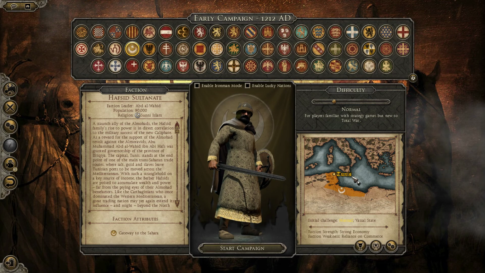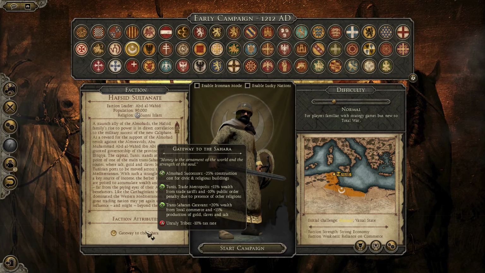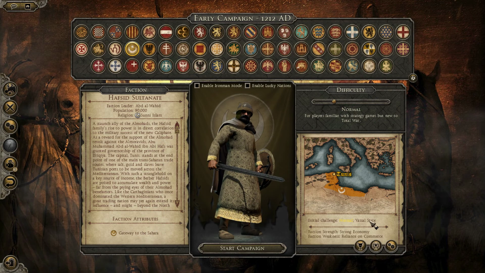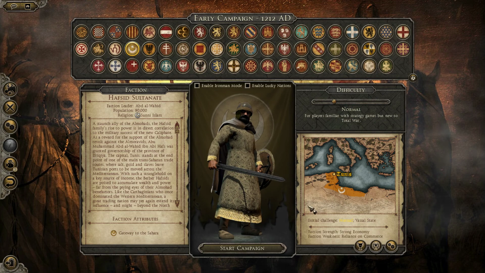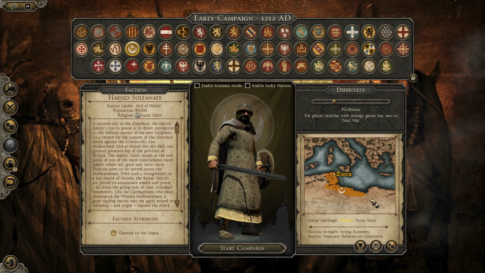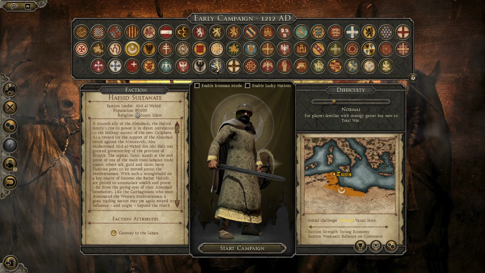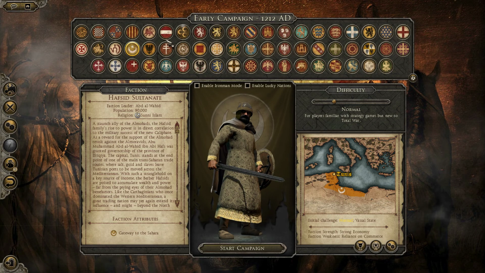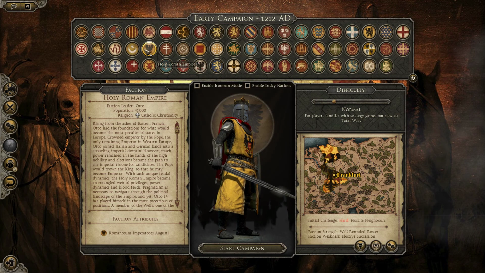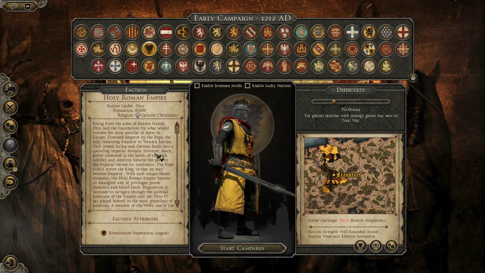Yeah, Hafsid Sultanate. It's Tunis, and yeah, gateway to Sahara. Their attributes, by the way, all factions have some unique attributes here. It's normal, and the vassal state. Yeah, a vassal state of Almohads or Ayyubids, I don't know, but if you want to play as a North African or an Islamic Sultanate, I think you may choose Ayyubid Sultanate, Abbasid Caliphate, or Seljuk Sultanate of Rum. Not this one. And Holy Roman Empire, it has an election system like in history, but in this mod